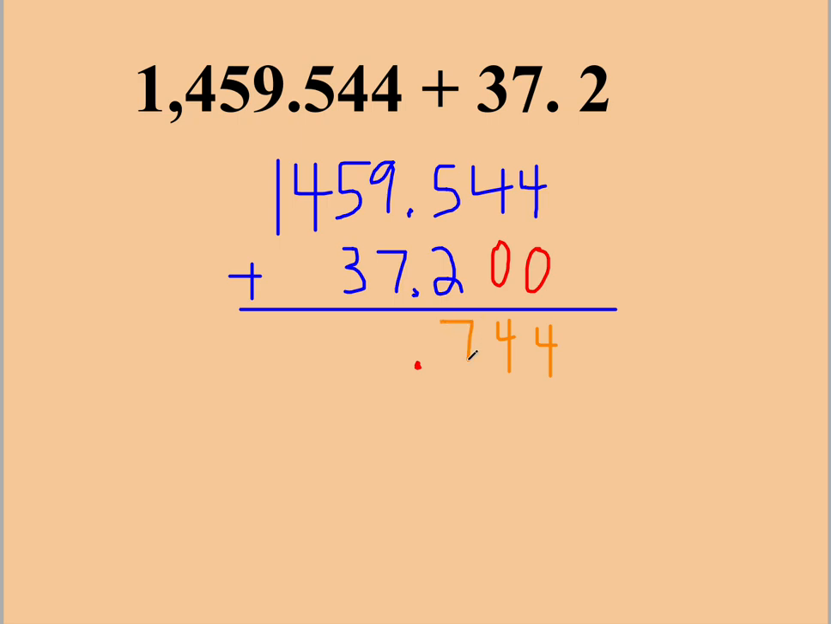5 and 2 is 7. 9 and 7 is 16, so I get a 6 for the ones, carry the 10. 5 and 1 is 6, and 3 is 9. Then I get a 4 and a 1. There's nothing to add to those. So my final answer, I get